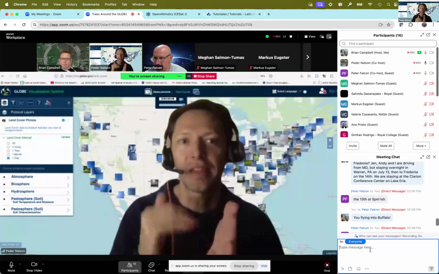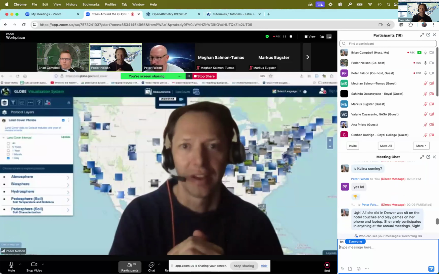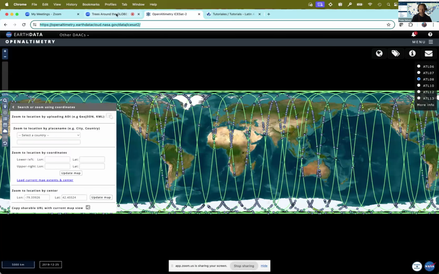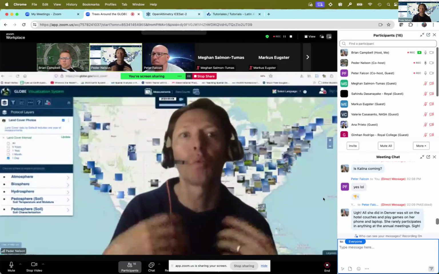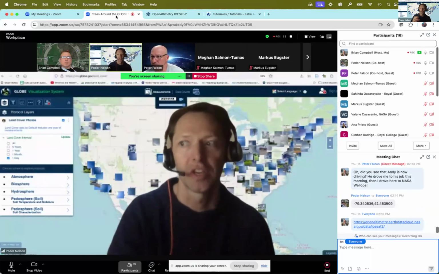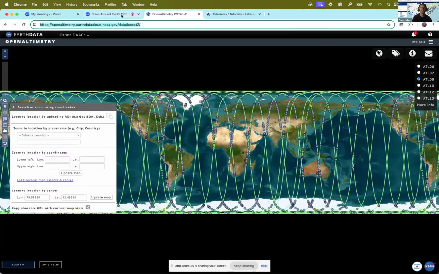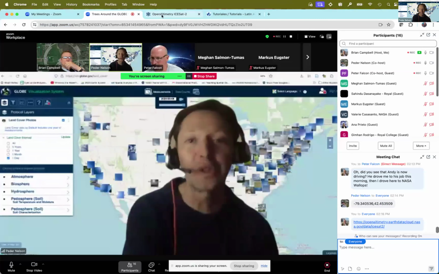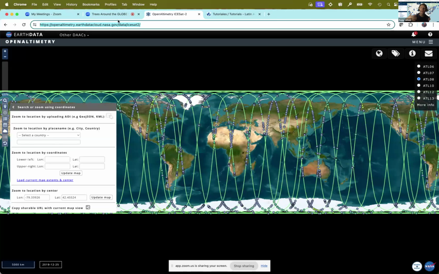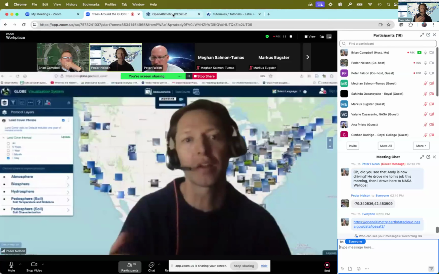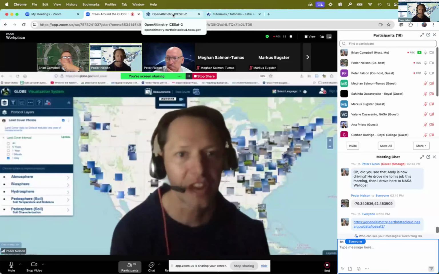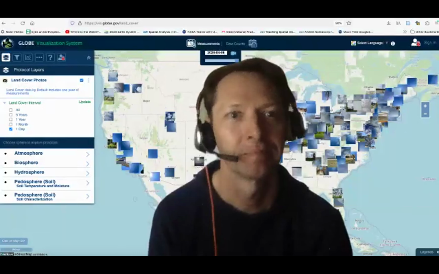Because NASA does have them defined. For every one of our locations, part of what we're trying to do as a campaign is to show you the global data that's available. There's always going to be more specific local data available, but what can we do as a community to evaluate something like Open Altimetry, which has a global coverage to it?